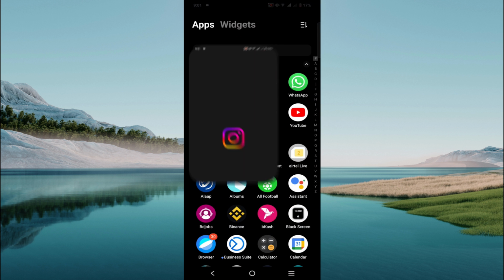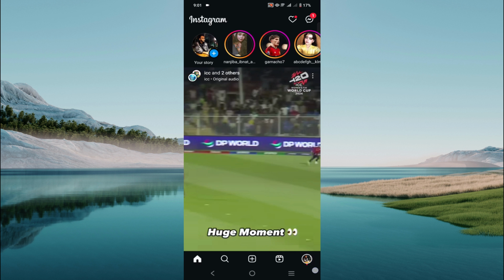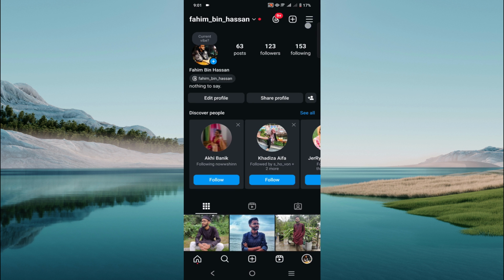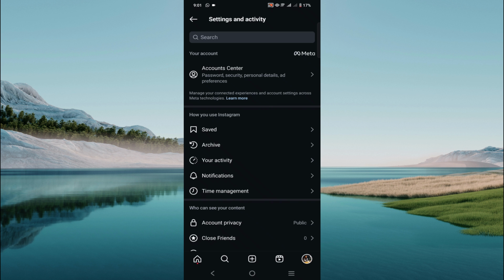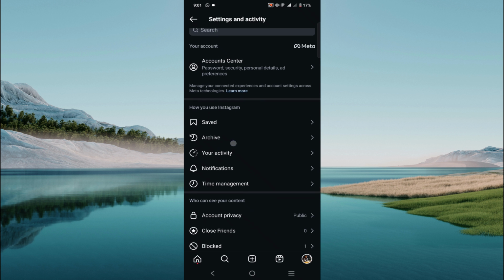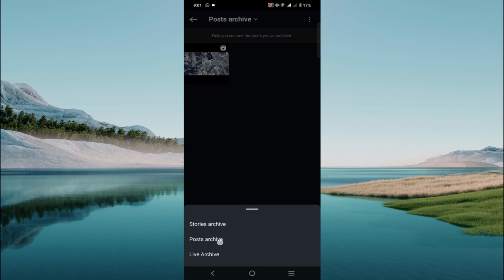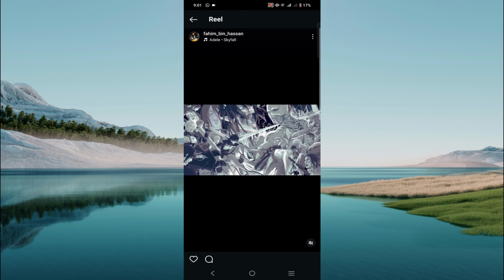First of all, go to your Instagram profile and now select the profile icon on the bottom right and select those three dots on top of your screen, and now select the archive option here, click it and make sure you are selecting post archive on this drop down option. Just select the post archive option and now select the reels that you want to unarchive, click it, and